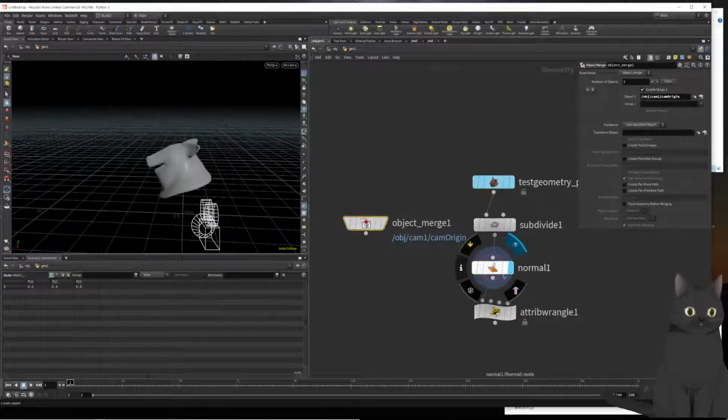clearly not where we are. What we want to do is transform into this object, and that gives you the actual position of the